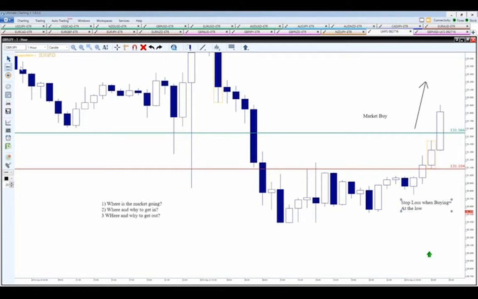Now our target is going to be 1 of 2 different things. Our target, which is also our limit, is going to be 1 of 2 different things. It's either number 1, a minimum of 50 pips, because if you remember, we're looking for the market to go at least 50 pips in that directional movement, or a 1 to 1 risk ratio, meaning that depending on how many pips we're risking, that's how many we would be going after.